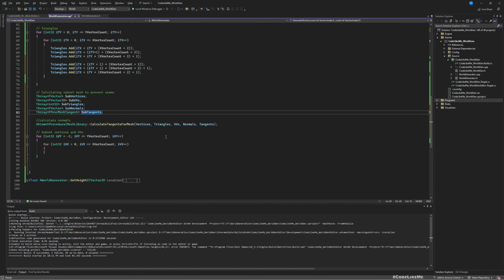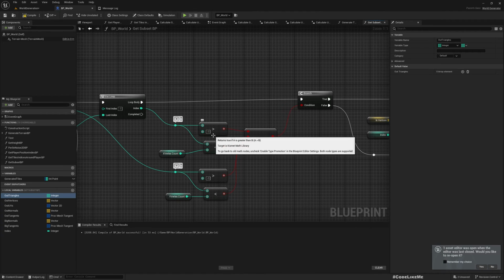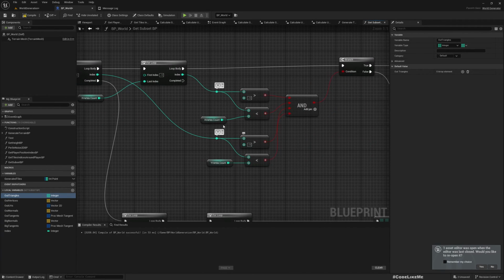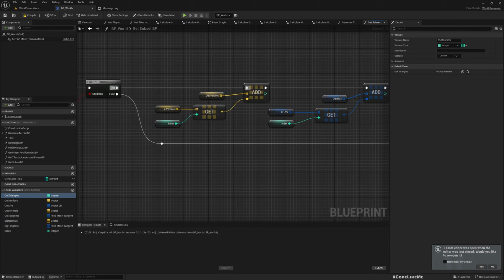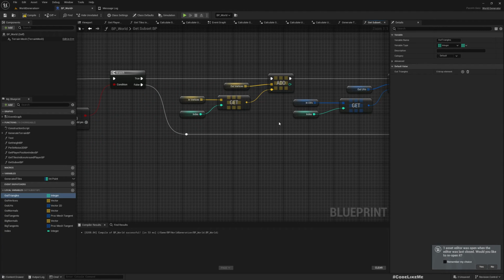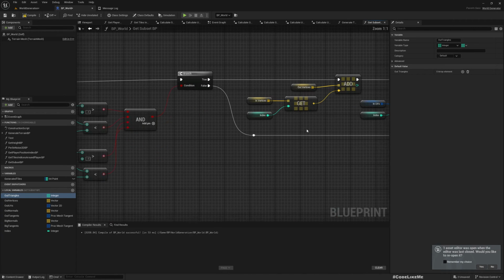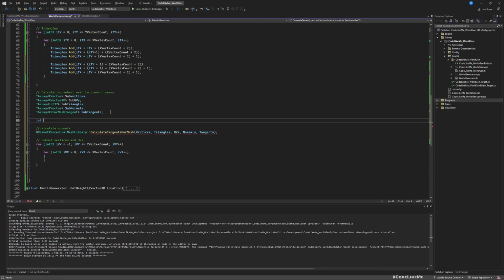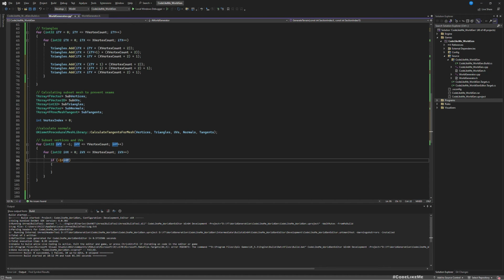So inside the for loop, if x is larger than -1 and less than x vertex count, and y is the same condition, then only we should add the current element to the out vertices or the sub vertices. So we need this index, and I'll call it vertex index. So the condition is if -1 less than ivy,